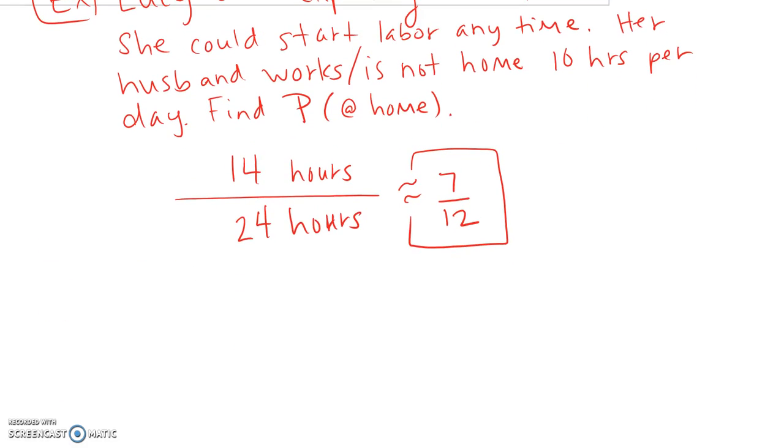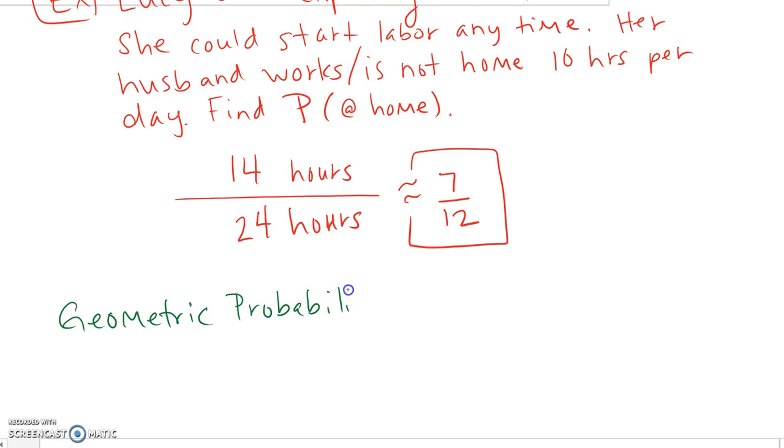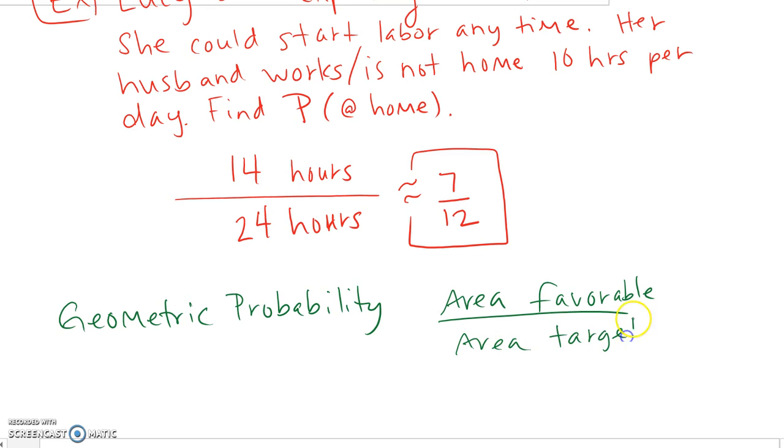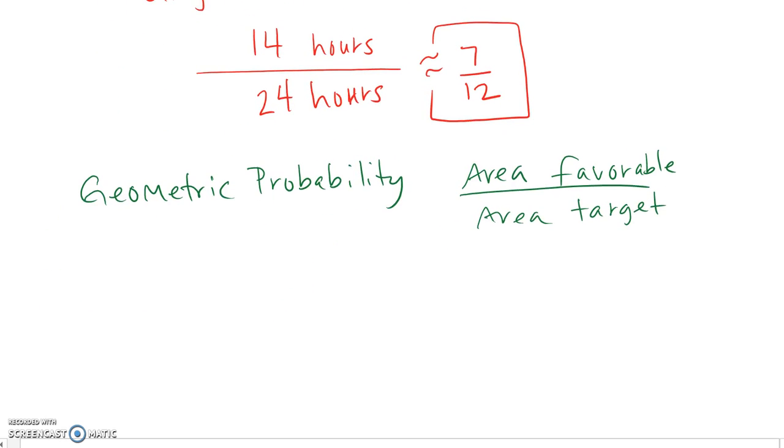All right, so the other type of probability problem they're going to give you is geometric probability. With geometric probability, I'm getting a little ahead of myself here. It typically has to do with targets. So I'm just going to say the area that's favorable out of the area of the target. So let me start with a pretty easy one. I'll do a couple examples. So example,